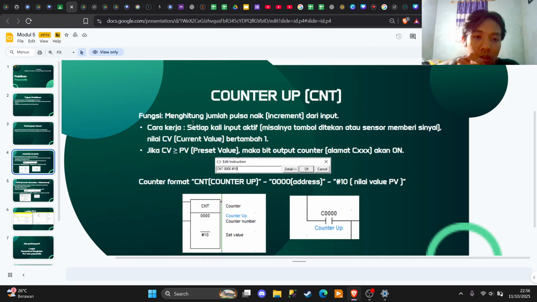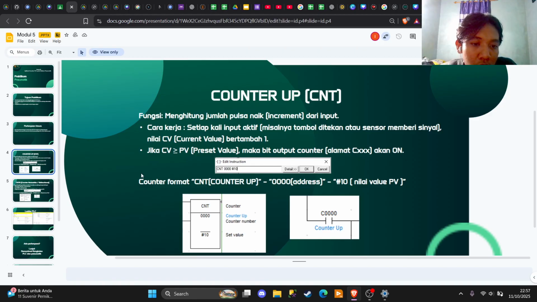Every time the input is high, when we push a button or with a sensor something like that, the current value will add 1, and if CV, the current value, is higher than PV, the present value, the bit output of the counter will turn on.